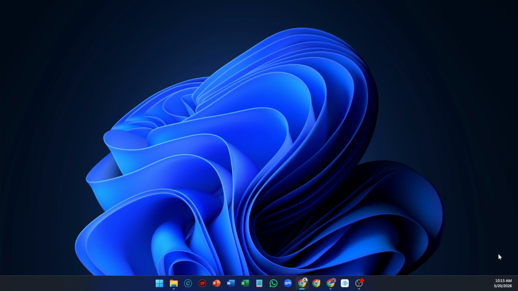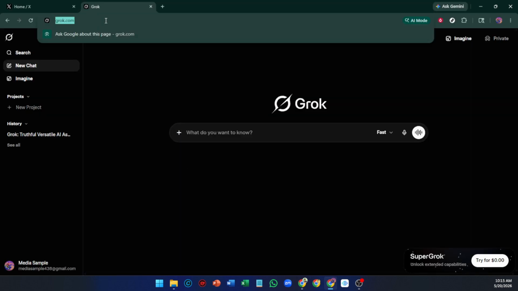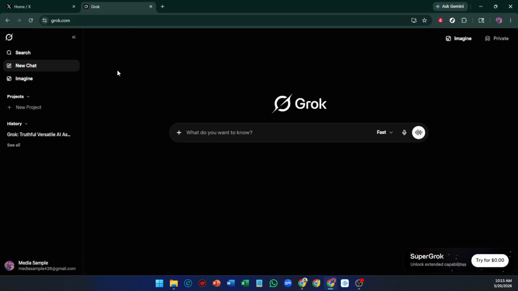First, head to the Grok AI website and make sure you're signed into your account. Once you're logged in, you should land on the main chat interface where you normally type your prompts. If you don't see the chat area, check that you're on the home or chat page and confirm your login